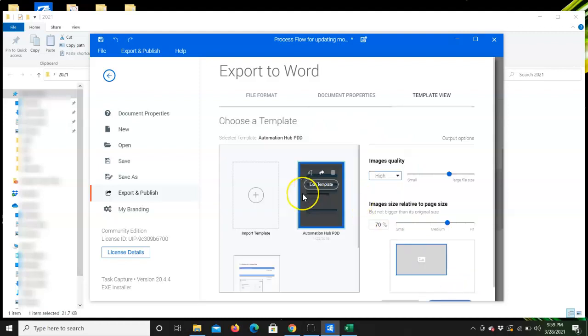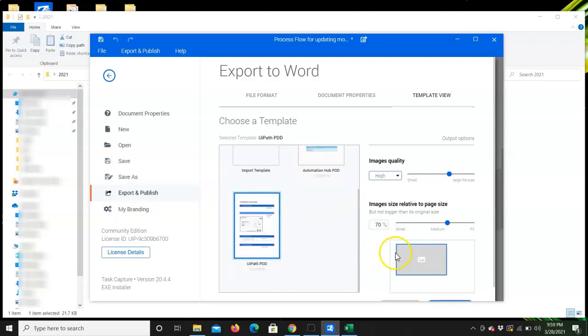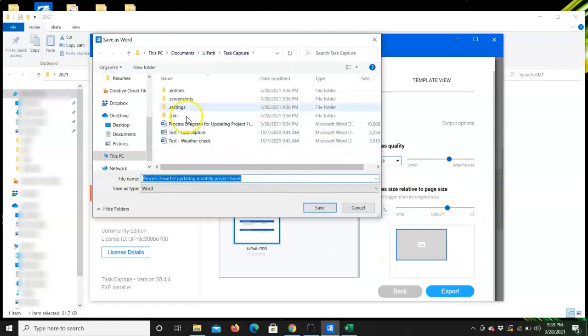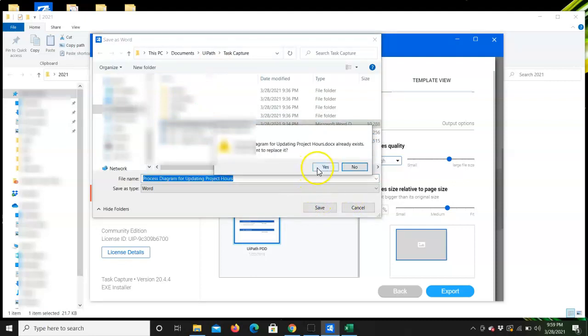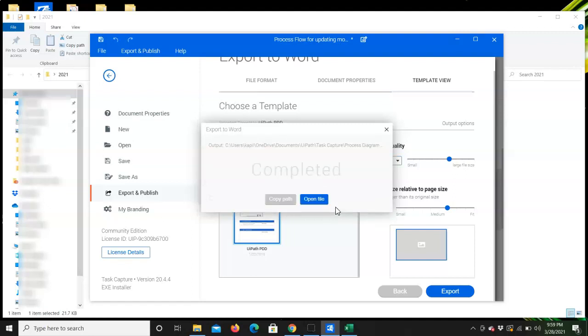Hit next. You choose a template. Say I just want to use the UiPath PDD template here, and then hit export. You choose where you want to save it, and I'm going to choose this. Yes, I'm going to just overwrite the file that I already had, and let's see the output that gets generated, which is the Word document that we're expecting. Okay, open file,